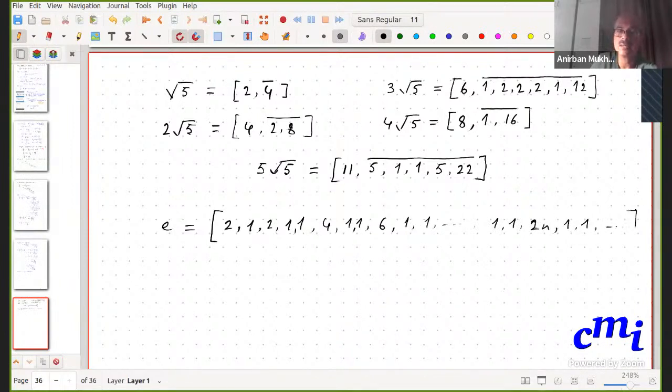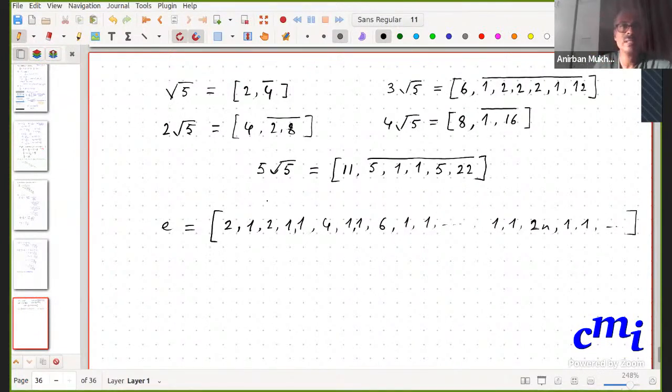So it is certainly not periodic, because had it been periodic, then this e would be a quadratic irrational, which it is not. e squared is not a rational number. That we know. It's a transcendental number, in fact. So it's not periodic, but it has this pattern. So that's very interesting. I wanted to prove it but couldn't. So anyway,